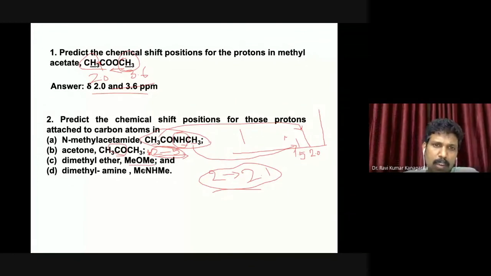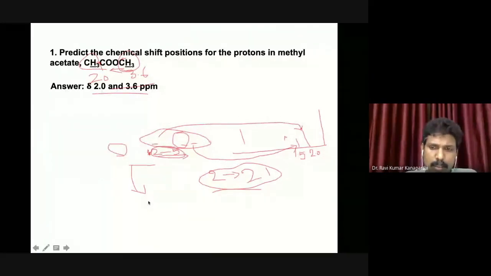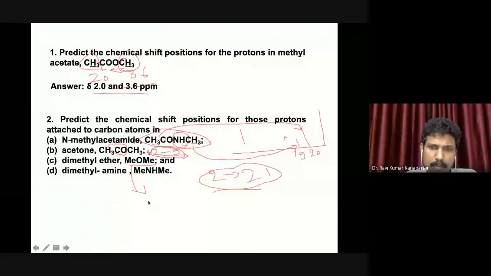Next question, roll number 15. Who is roll number 15? Gino, tell me. Can you predict the NMR spectrum of this? Only one signal. That will be around 3, about 3.2. About 3.5, that range. Yes, it's fine. So it will come above 3. It is directly connected to the heteroatom, so above 3 it will come.